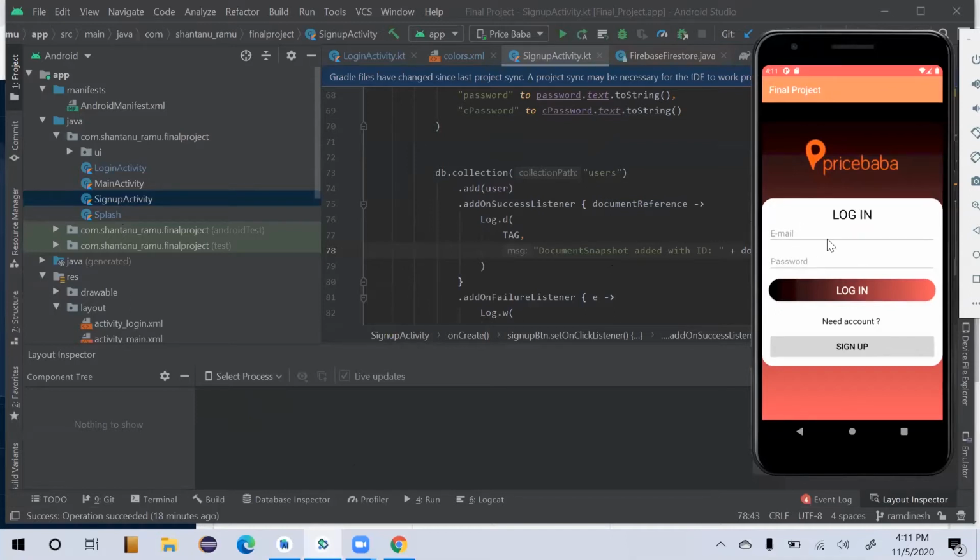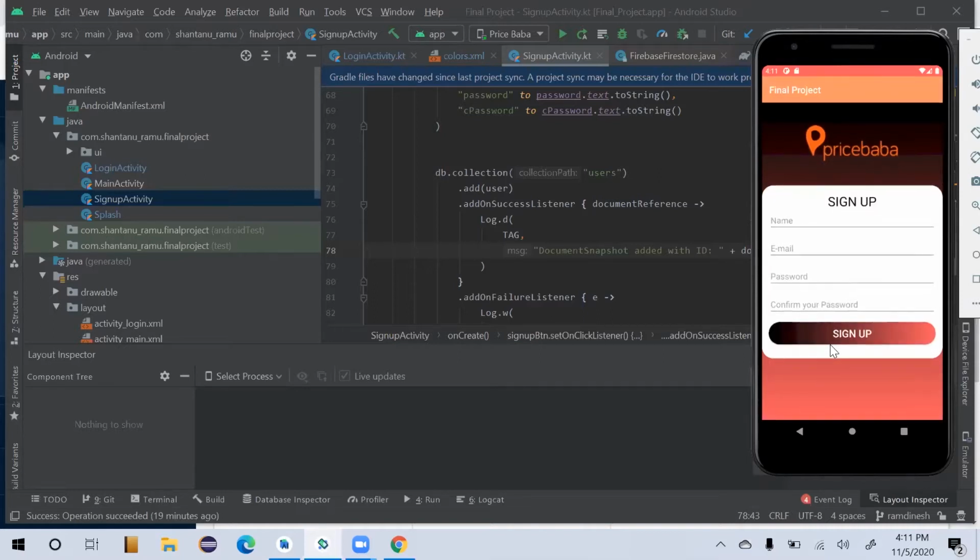If the user already exists in the database, what we call Cloud Firestore, we can directly use the login credentials to log into the application. And if the user is new to the application, then we need to use the sign up button here. I wrote a couple of validations for the form. If any of the values is empty, it will check each individual text field.